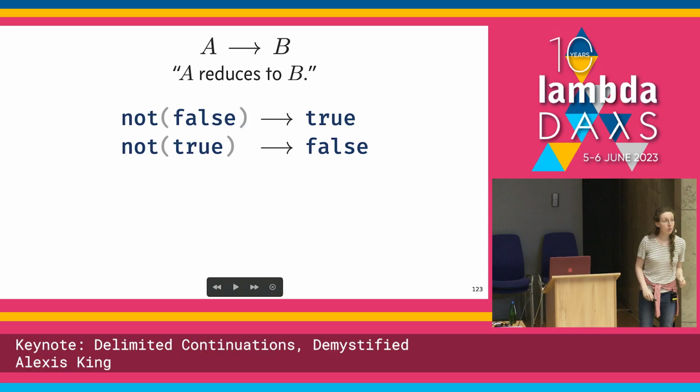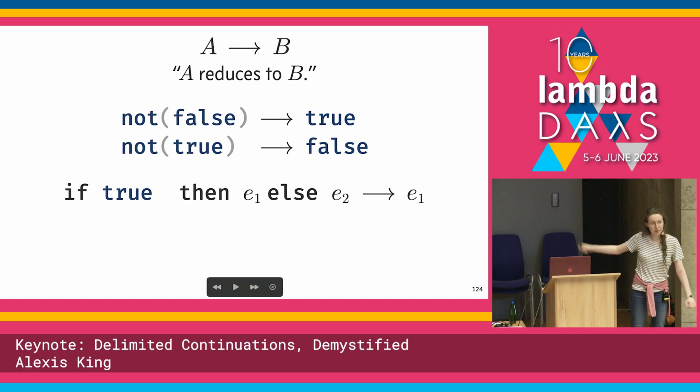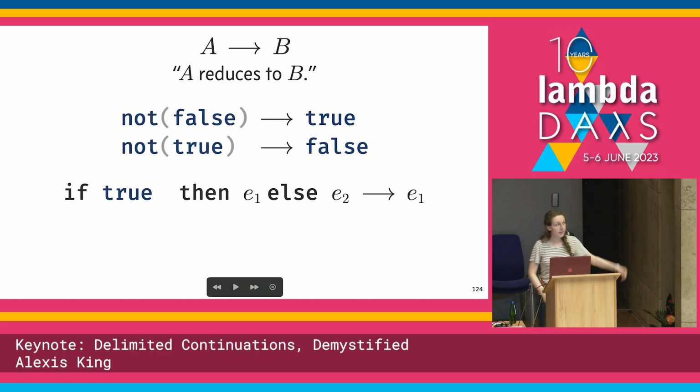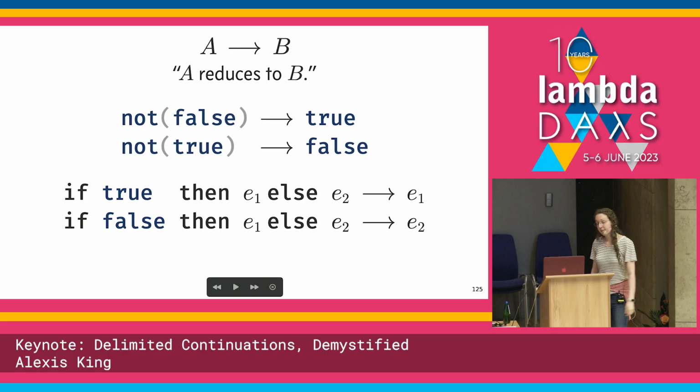So a slightly more complicated one looks like this. If true, then E sub 1, else E sub 2 reduces to E sub 1. And this can be read as: if the condition in the if is true, then we take the then branch. Similarly, we can have the same thing, but the condition is false, and that reduces to E2, because we're taking the else branch. Make sense? All right, so this is all well and good, but it leaves us with a problem, which is, what if